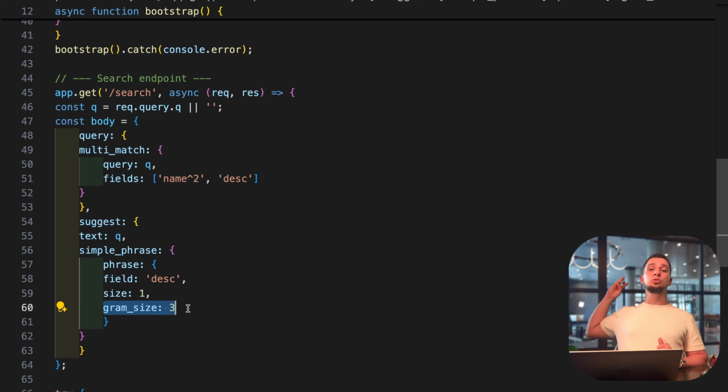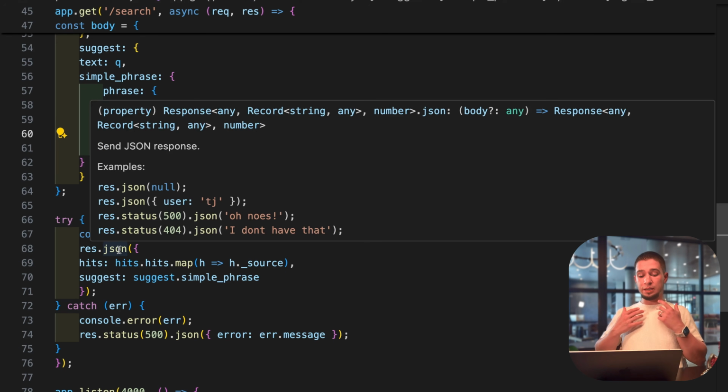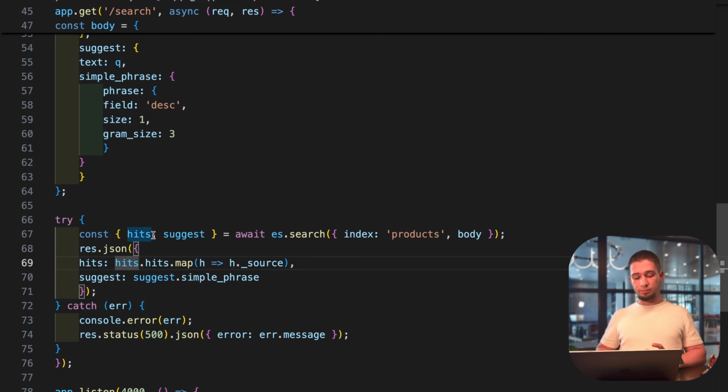It means that we should write at least 3 of them, because if we write less than that, we can have a lot of different requests. So it will be hard to handle. That's why we should set a minimum for how many characters and words a user can write. That's how it should work. And then we're making our request. So here it is quite easy. We are using hits and suggestions.